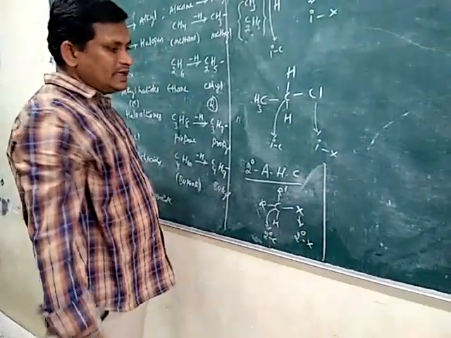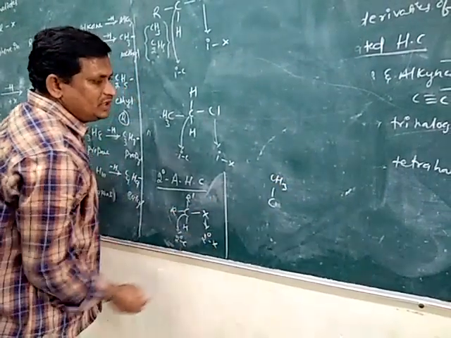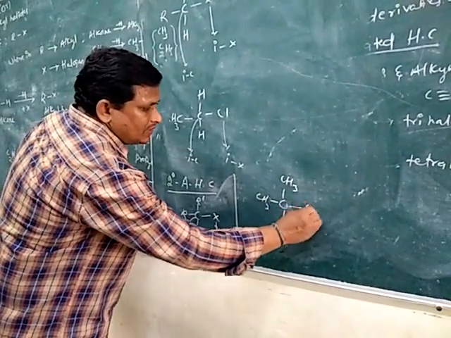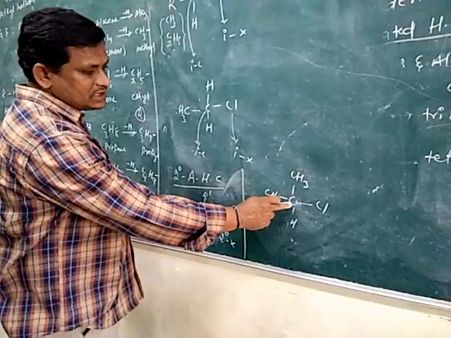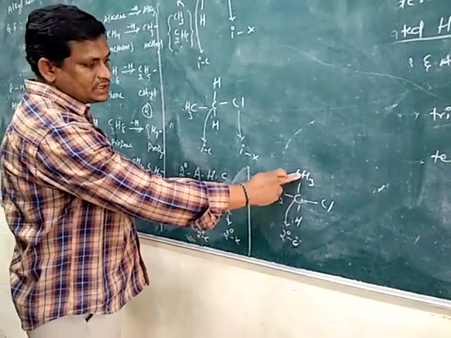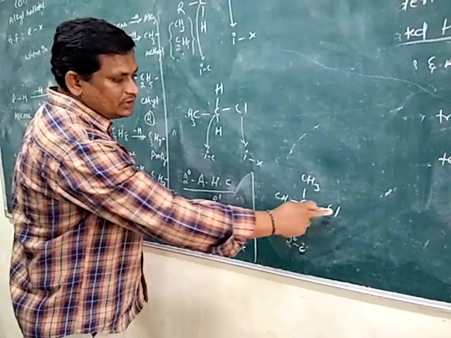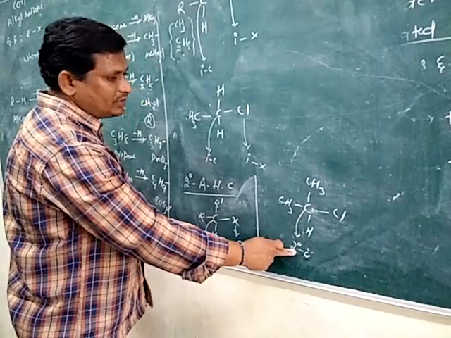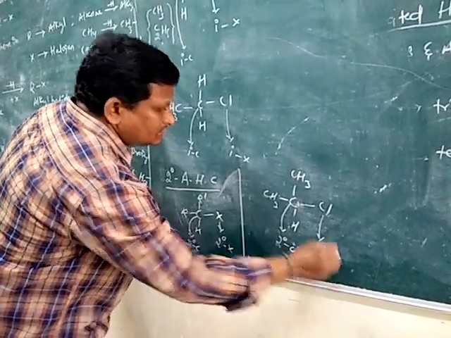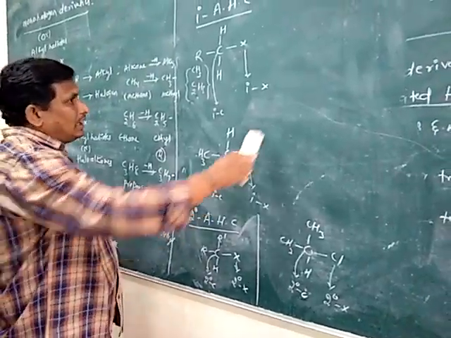Now it is explained with one suitable example. For example, carbon with a CH3 methyl group, another methyl group, a hydrogen, and chlorine. Now this carbon is a secondary carbon because it is attached to two other carbons. The halogen is attached to the secondary carbon, so it is considered a secondary halogen. So these are the primary and the secondary alkyl halogen compounds.